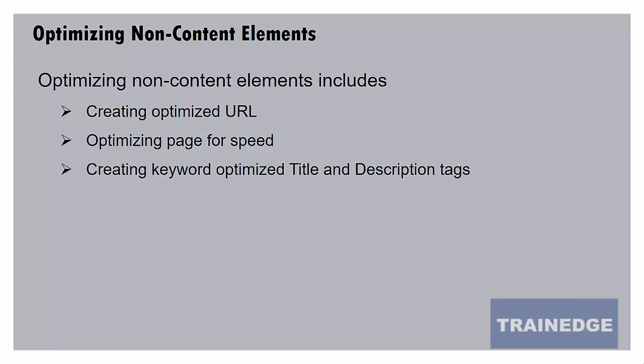Each page has a title and description. Both title and description need to include the keyword because they are a relevancy signal to Google. Google looks at the title and description to try and understand what the page is about. Google no longer uses the description tag itself for ranking a page. But the description tag plays an important role, as we will see later. Using the appropriate HTML tags on the page is important.